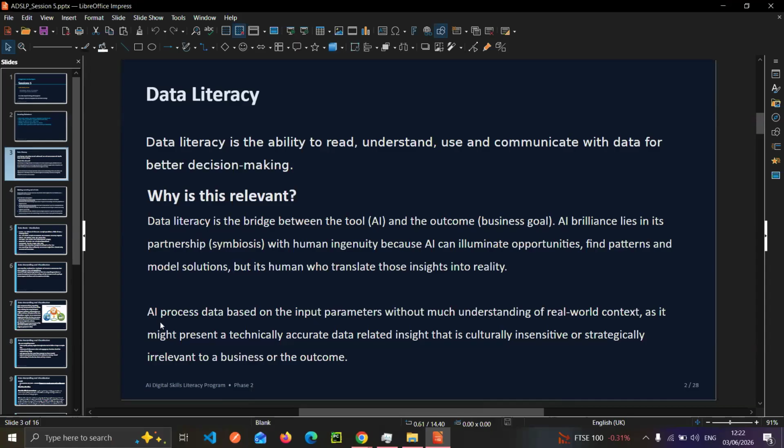That is, AI processes data based on inputs, and it is not aware of real world context. It's not a fact checker. So it might present an idea or a response, but it is irrelevant or strategically incorrect or culturally insensitive.